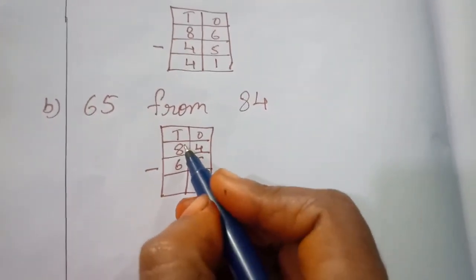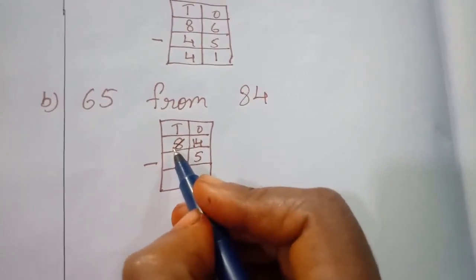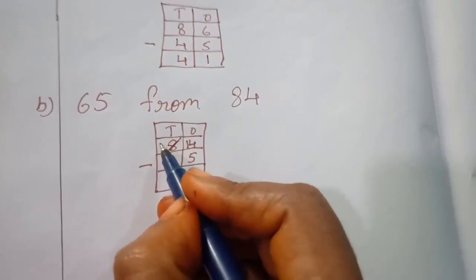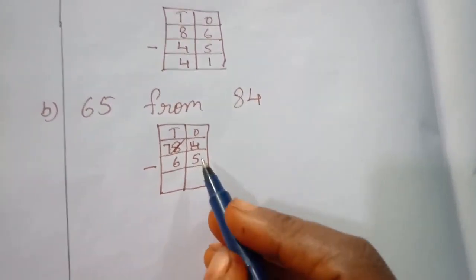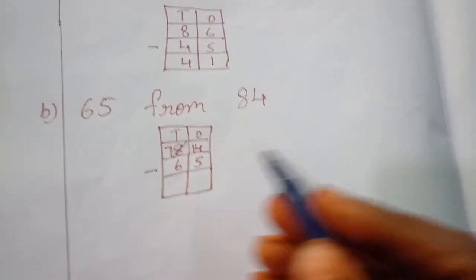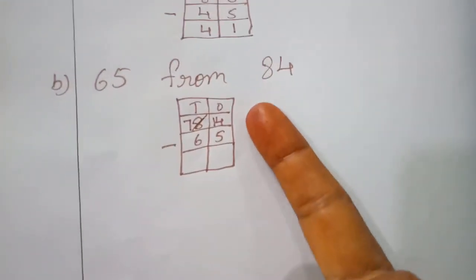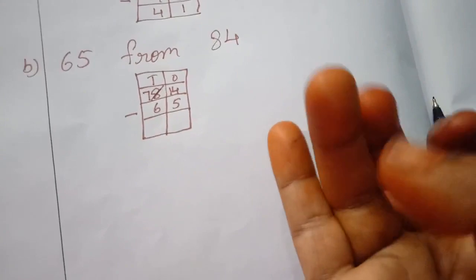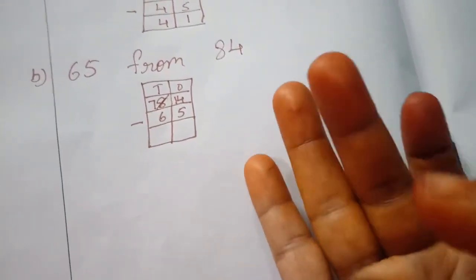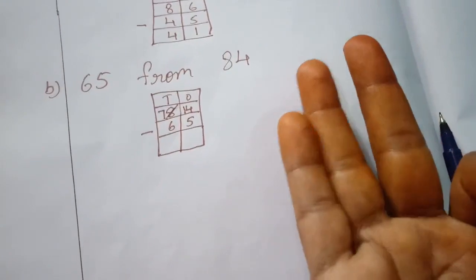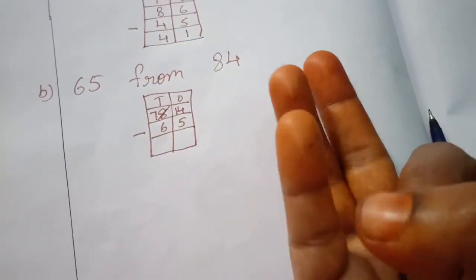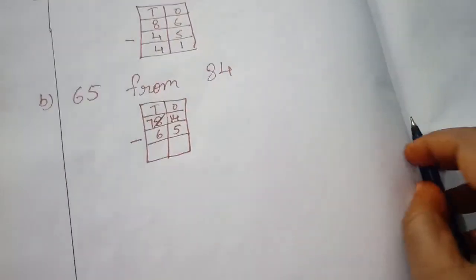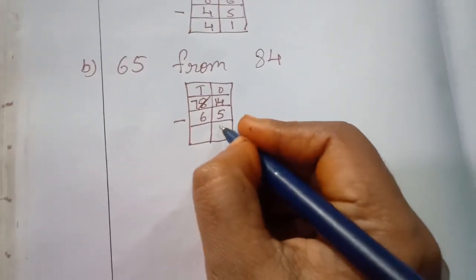No. That's why you should take borrow from the next place. Here 8 is here. In this 8 you should take borrow. Now here 7, here 14. In the 14 you should cut 5 fingers. 5 after, up to 14 you should count. 5 after 6, 7, 8, 9, 10, 11, 12, 13, 14. See, 14 came. Now how many? 1, 2, 3, 4, 5, 6, 7, 8, 9. Yes, that 9 you should write down.